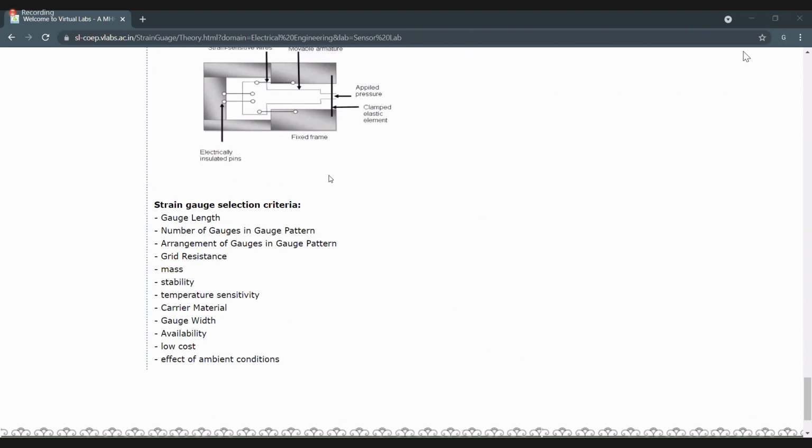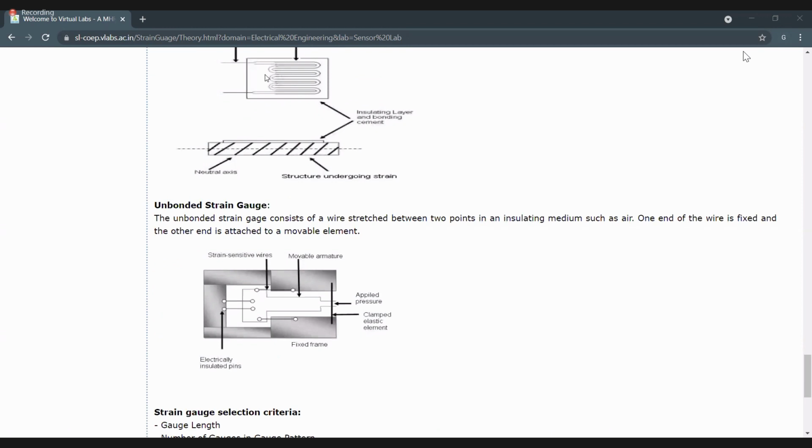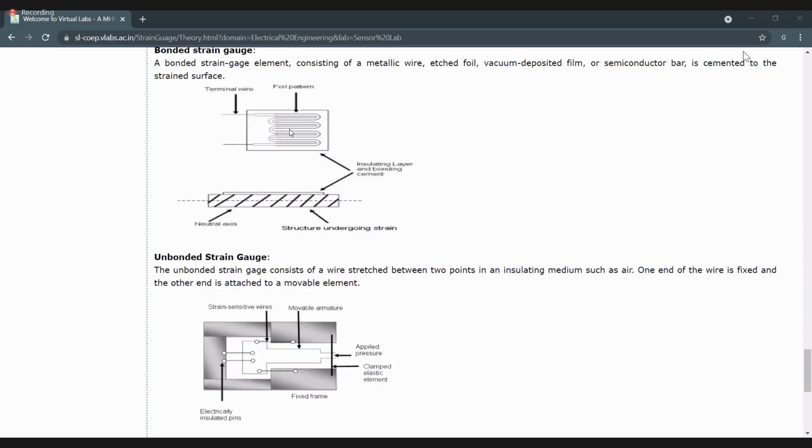What is a bonded strain gauge, 19? Yes, it converts. Sorry, scroll up a little bit. There you have details about it. Yes, sir. This is a bonded strain gauge. Very good.